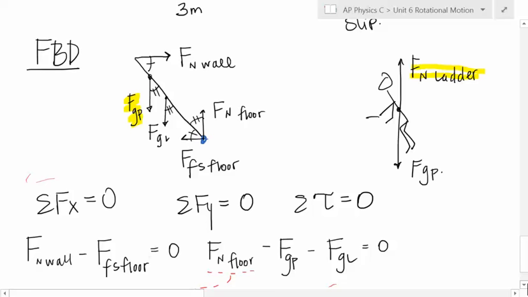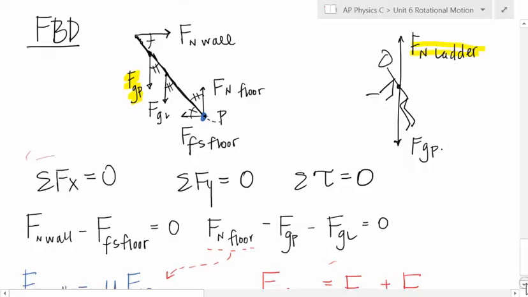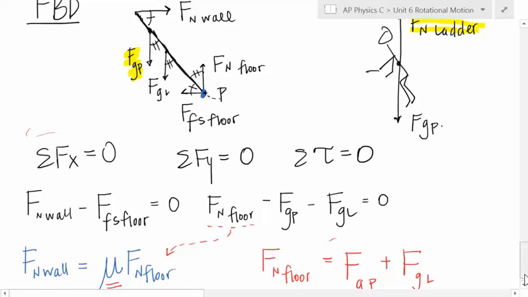So when I sum the torque, if you were to imagine this ladder right here being free to rotate, so here's the ladder, and the wall could push it. Which way would it rotate? Clockwise or counterclockwise? Clockwise. So here's the pivot, P, right here. What about the weight of the person? Counterclockwise. What about the weight of the ladder? Also counterclockwise. So when I sum the torque,